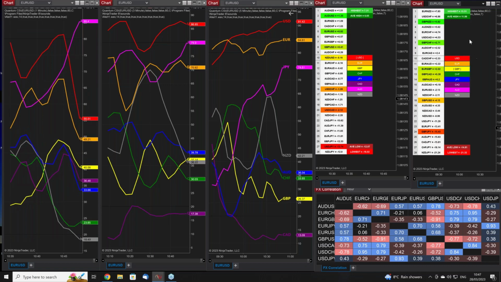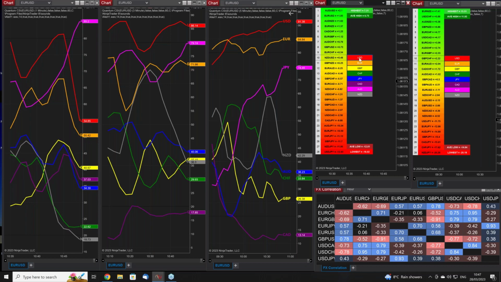Now, the thing with the matrix, let me just pop these back on again. There we go. The reason I've isolated these out, and these are on fast timeframes, is because the currency matrix and the currency array, which I'll go on to in a moment, this is what I call a scalping setup, if you like, because we've got fast time frames, we've got 1, 3, and 5, and we've got the matrix on 1 and 5 as well. The matrix is a scalping tool, and the reason it's a scalping tool is because if I go into the back end,